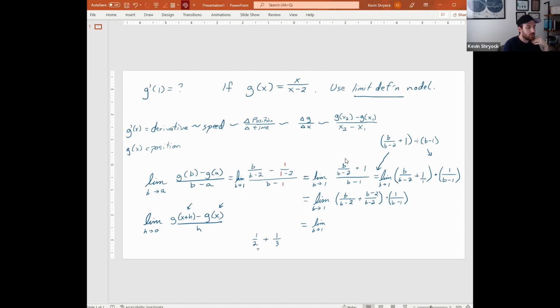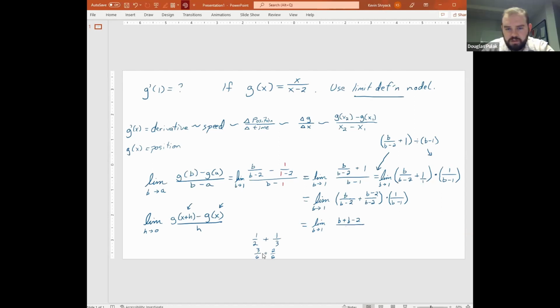And it's the same idea as saying this is now 3/6 plus 2/6. So I'm just following that parallel problem. So it's b plus b minus 2 over, over what? b minus 2. Yeah, exactly right. Now we get